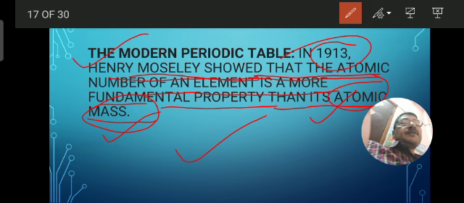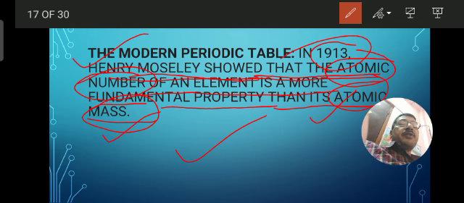But they thought, let us experiment on the atomic number as a basic fundamental property. We have seen that atomic number always increases by 1 when we go from left to right in the modern periodic table: 1, 2, 3, 4, 5, 6, 7, 8, 9, 10. It is not a fractional number, not a decimal. So it was the fundamental property, and when we do the electronic configuration, all the elements are having the same